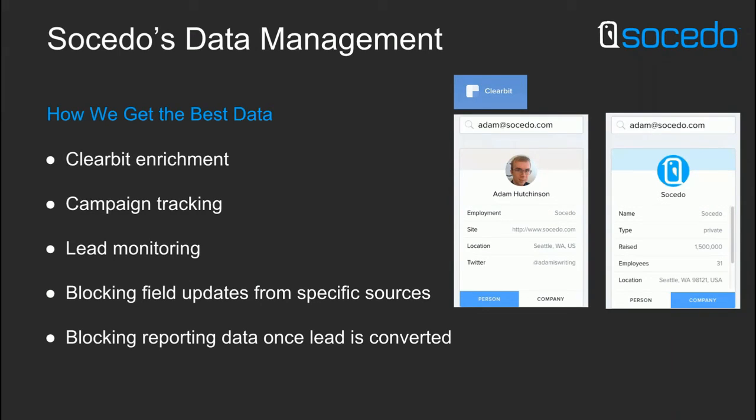One, so that if the salesperson is working that lead, they have a frame of reference for how that lead got to them. But also for reporting, much more important, I need to know what my conversion rates are for my different lead sources. If this lead came in through a case study versus a webinar, that affects the conversion rate, and if that lead eventually closes, which one is going to get the higher attribution. So by locking that in place and not allowing field updates to the source field once a lead is converted over to a sales lead, it helps me do more accurate reporting. Otherwise, things would continue to change as that lead continues to consume content.